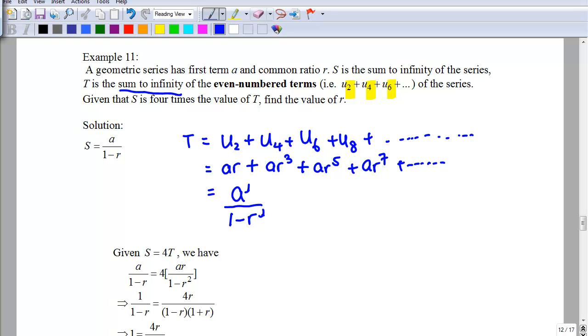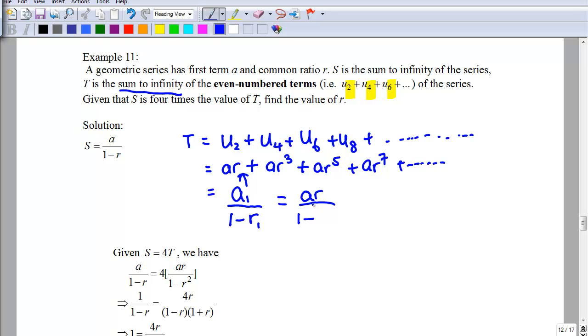Well, then again, maybe it's clearer if I use the notation a subscript 1 over 1 minus r subscript 1 to denote different a and r compared to the original series. And the new a is actually the first term here, so the new a will be the original ar, and